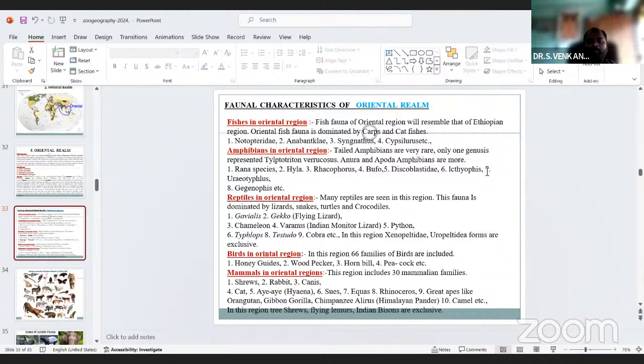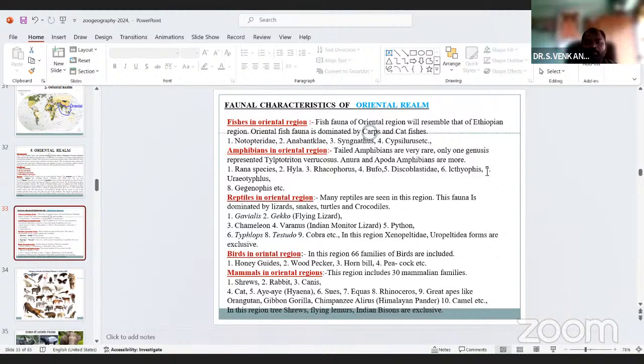The next one, reptiles in the Oriental region. Many reptiles are seen in this region. This fauna is dominated by lizards, snakes, turtles, and crocodiles: Gavialis, gecko, flying lizard, and chameleon.